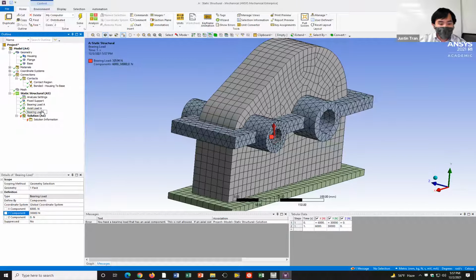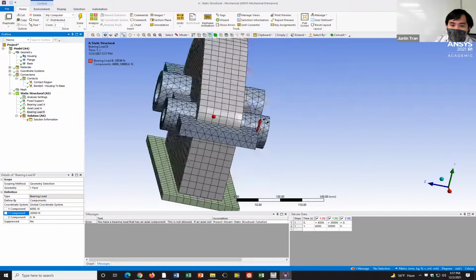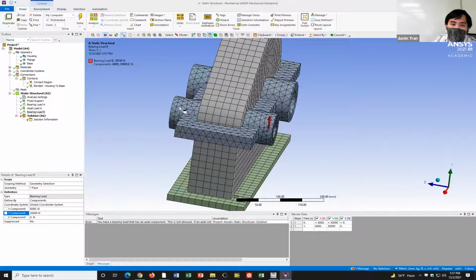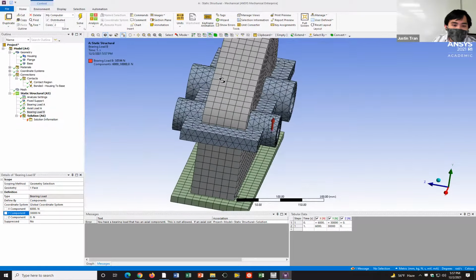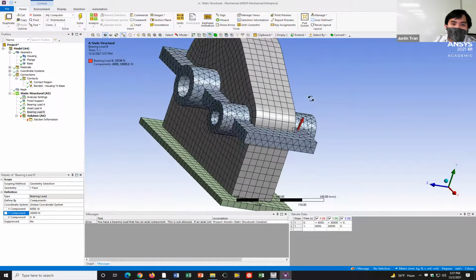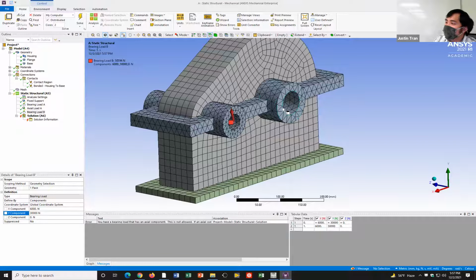You mentioned we needed 6, so then we still need to add the 0 axial force. So for the 0 axial force, you don't need to add anything. So you should have 4 bearing loads, one bearing load for each hole, and then the 2 axial loads. So you have an axial load on the hole A and an axial load on the hole D. And so that's 4 plus 2 is 6 overall.